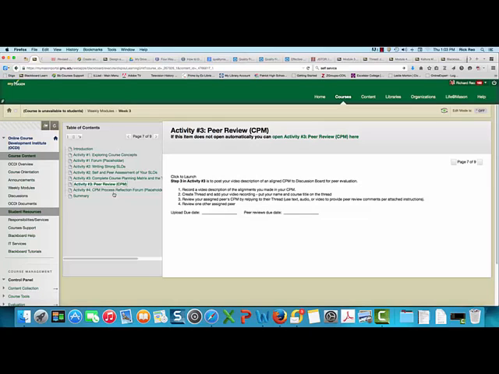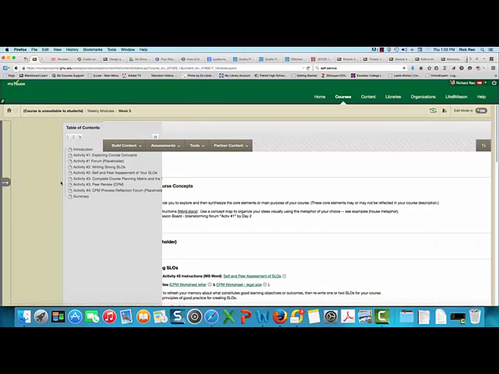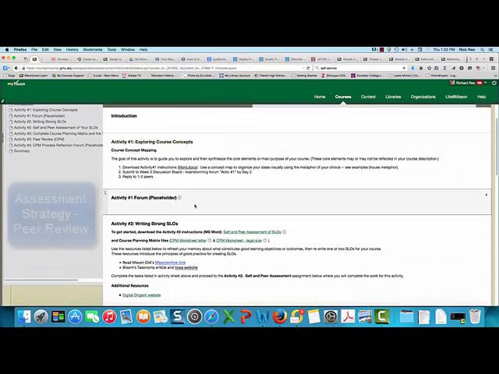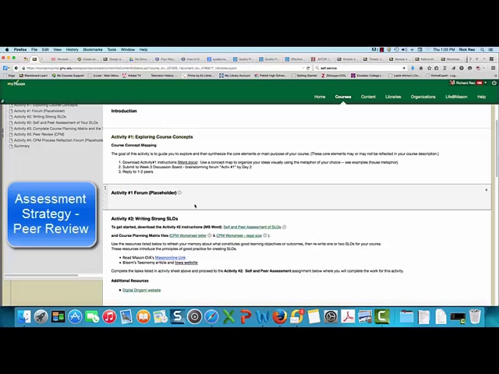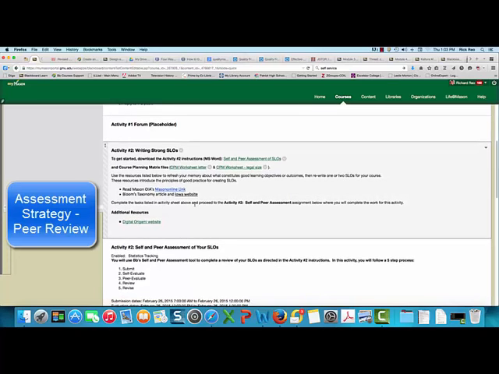So that's kind of an overview of it and the way it would look from just the student view here. I'm probably going to be best off working now in instructor mode, and that turns the hyperlinks off here. I can probably get rid of this menu for the time being, and so you can see what I have here. So the very first one, I talked about the active learning strategies in general, assessment strategy, peer review. So the very first peer review one, and that was unique to me,